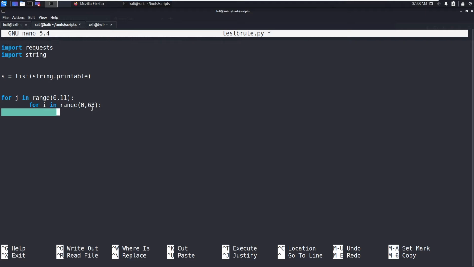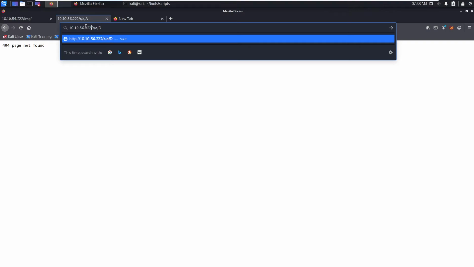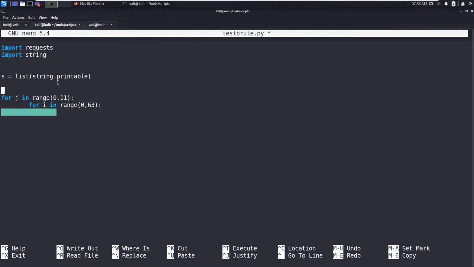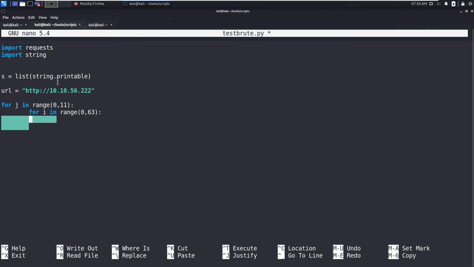Then let's first grab the base URL, and let's say url is this one, HTTP. So this is the base URL. Let's say temp is equal to url plus slash and then this first character.